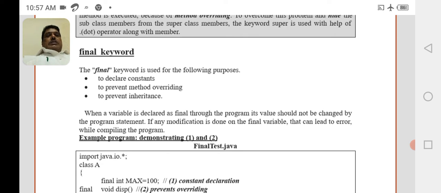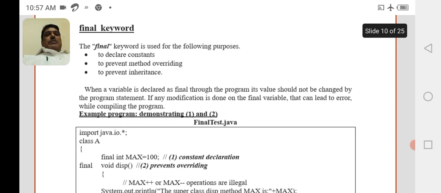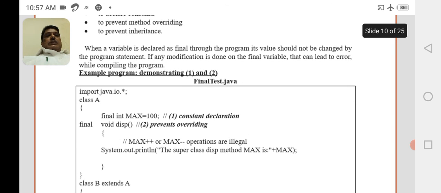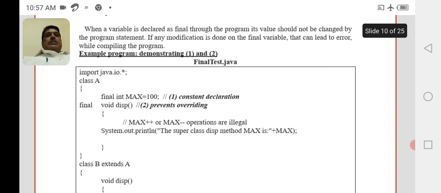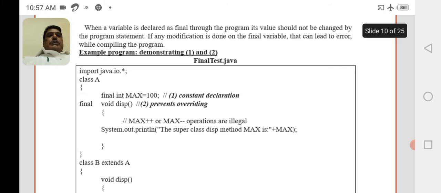So let us write a program that describes how the final keyword can be used. Here the program is: import java.io.*; class A { final int max = 100; } It is a constant declaration.